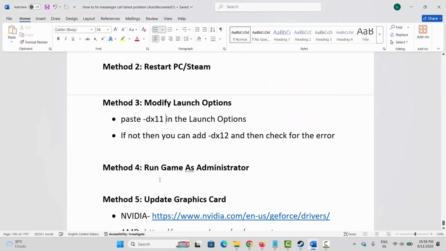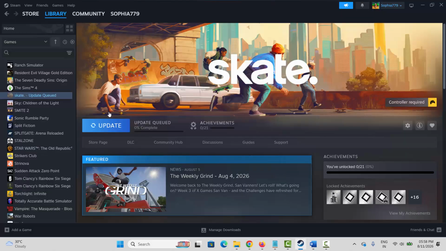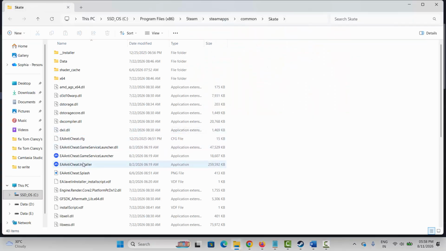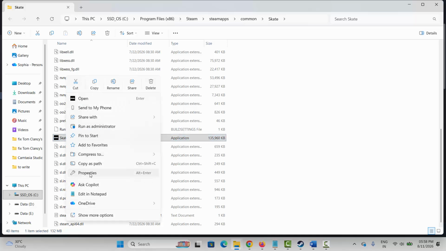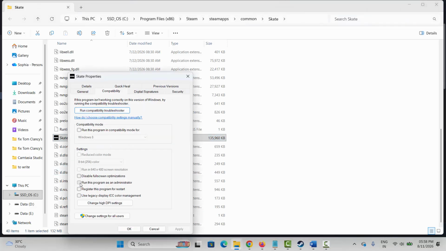Next is to run game as administrator. For that go to Steam, select your game, right click on it, click on manage. Now click on browse local files. This will take you to the game folder where your game has been installed. Here you have to select the game exe file, right click on it, click on properties, click on compatibility and here select run this program as an administrator, click on apply and OK, and after that launch the game and